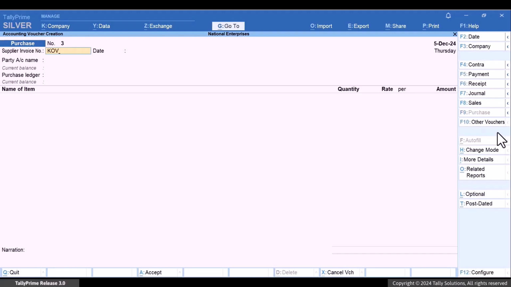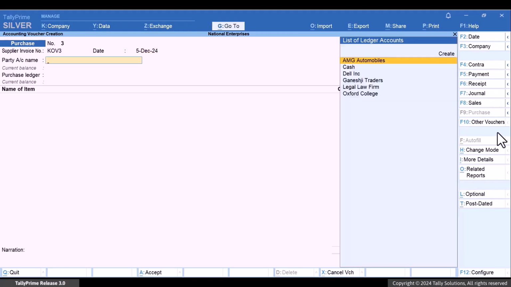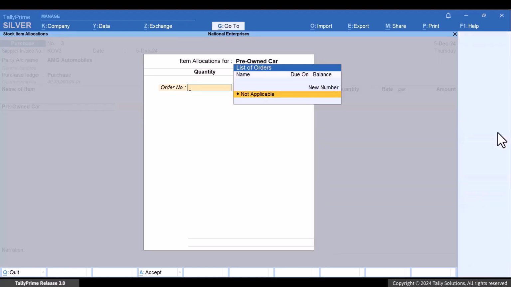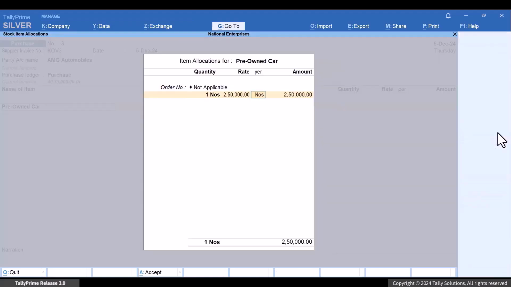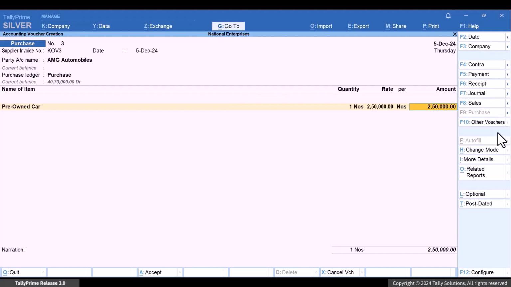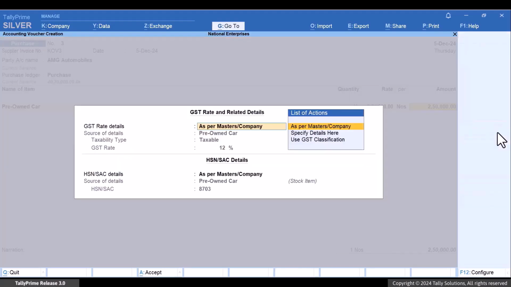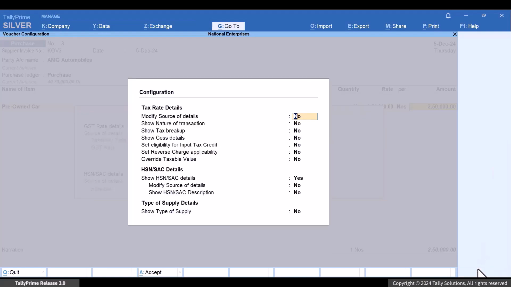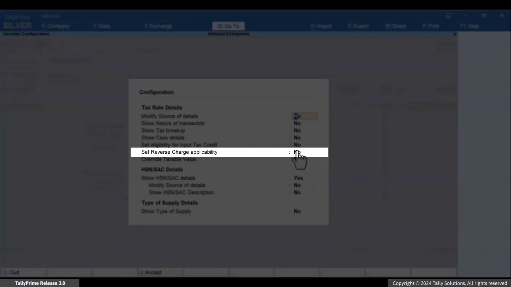Enter the supplier invoice number. Select the party and the purchase ledger. Select the stock item and enter the quantity and rate. The amount gets calculated. Press Enter. On the GST rate and related details screen, press F12 and enable the option Set Reverse Charge Applicability.